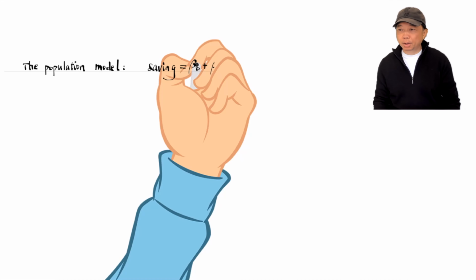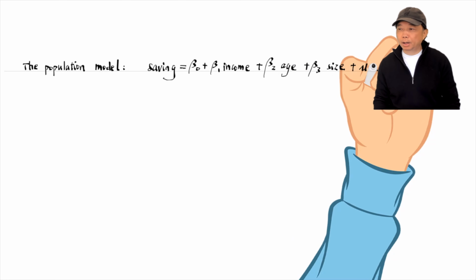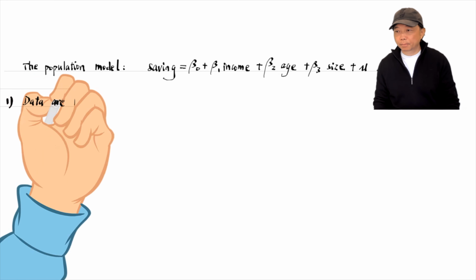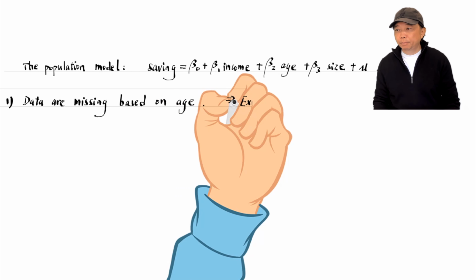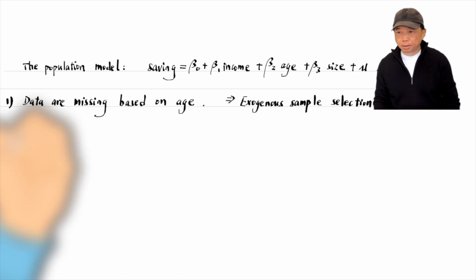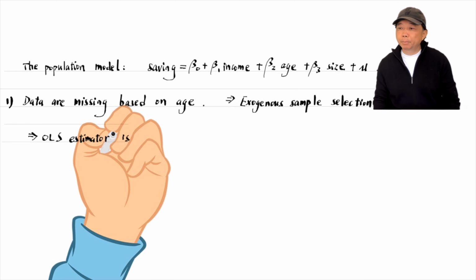For example, the population model relates a person's annual savings to her income, age, family size, and some unobserved factors, mu. We want to estimate the saving behavior for all adults. Suppose the data came from a survey of people over 35 years of age. It is a non-random sample of all adults, but we can still obtain unbiased and consistent estimates of the parameters